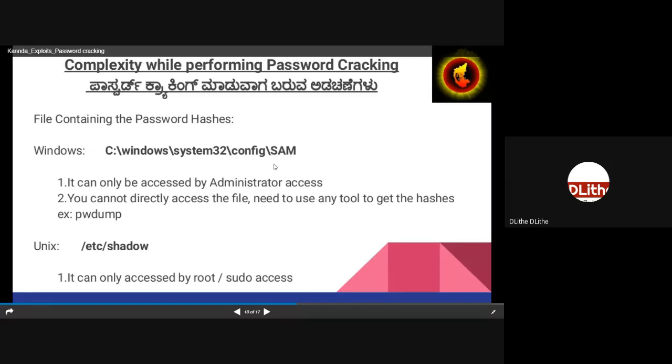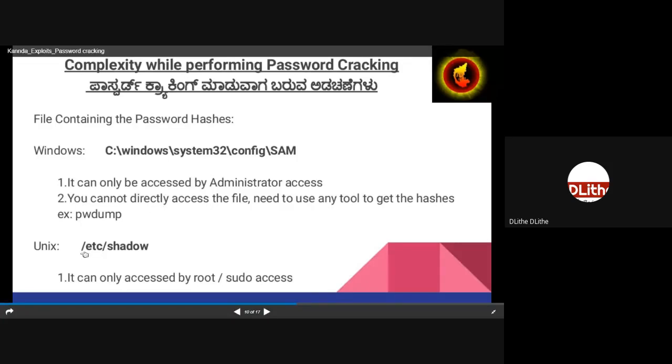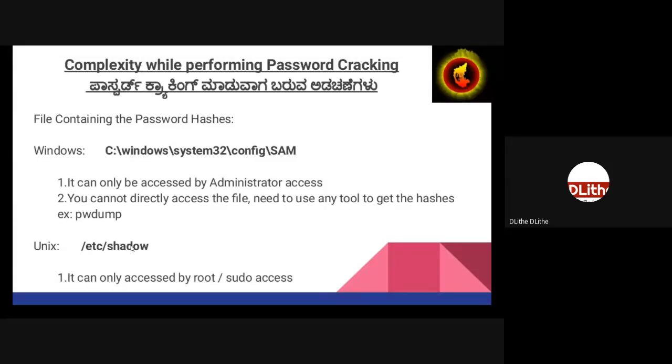This is where your hash is located. In Unix-based machines, your passwords are stored under /etc/shadow. In both cases, this file can only be accessed by a root user.